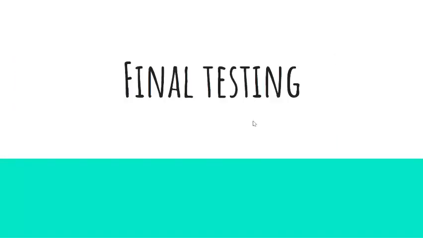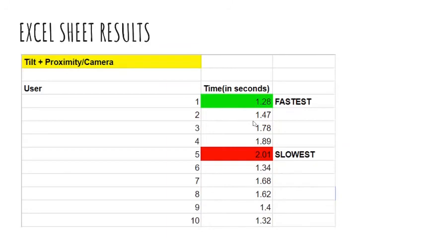And here comes our final testing phase. After running the model through a couple of people, we found that the users found the tilting motion very intuitive, and the fact that the side to be tilted was highlighted made them play the game pretty quickly. Also, the physical phone holder made them choose the second phase, which was either the camera or the proximity sensor, pretty easily. So the fastest time which we got here was 1.28 seconds, and the average was also around 1.5 seconds. So with this, we are good to enter Baker 4.